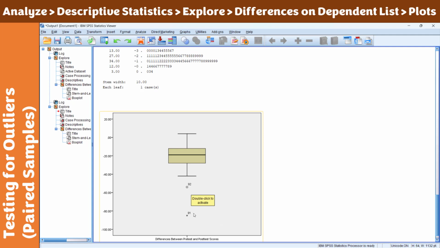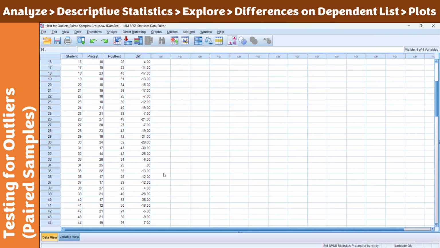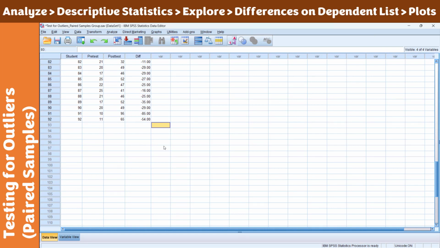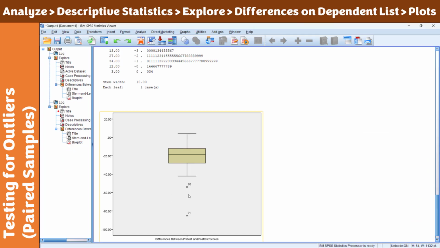With this new set of data where we added the two students, there are now significant outliers, and hence we cannot use the paired samples t-test because of these two indications here. Take note of the label of the student, 91, the 91st student earlier, with negative 85 as difference. In 92, we have negative 54, so it's even closer, but it's still considered an outlier. Whether we will consider this later for the paired samples t-test or not depends on the researcher. But basically, these are outliers already, and these are far out outliers.